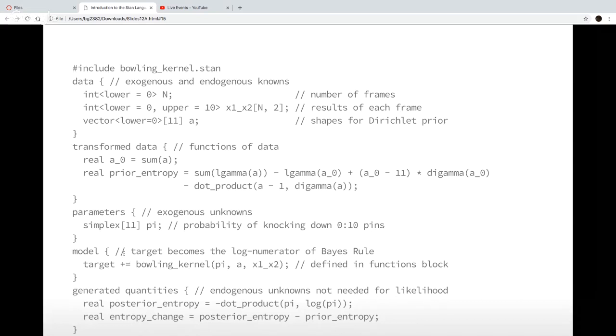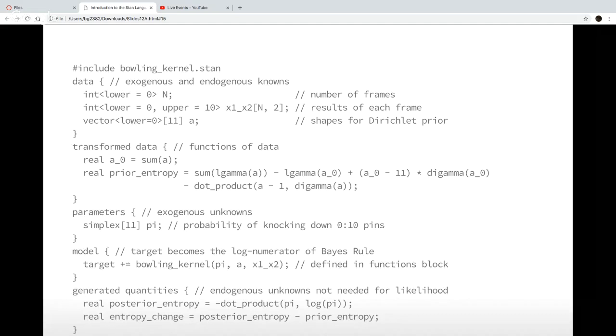And this is my entire Stan program for drawing from the posterior distribution of pi, given the data and my beliefs about the priors coming in, with some extraneous stuff, but valid, going on in transform data and generated quantities that I didn't necessarily need to do, but I wanted to show examples of how all that would happen in a Stan program.